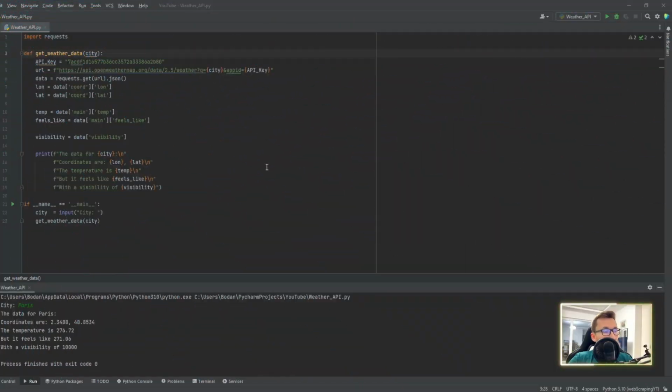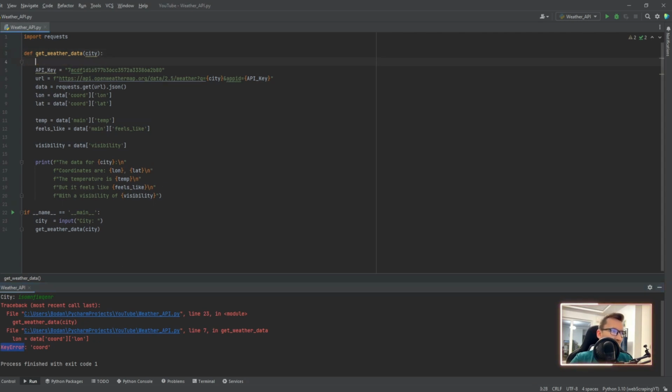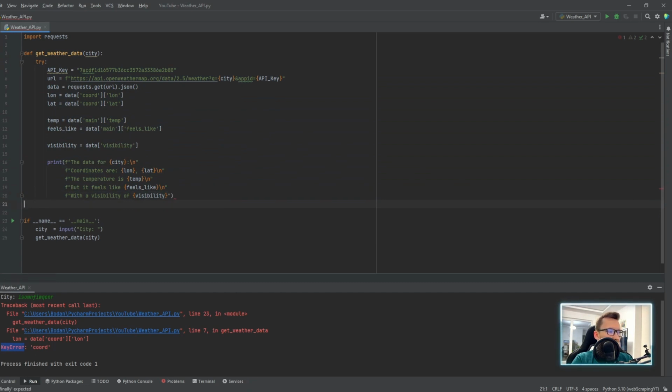All right, so I almost forgot the fact that there might be the possibility of a user to insert a wrong city name. So let's see what happens if someone is inserting a random name that does not exist. We will get an error, which is key error. So in order to make sure we don't encounter this, we can use try except, where we use try and except here with a key error as E, and we can print something to let the user know that he inserted the wrong city name by telling him, hey,